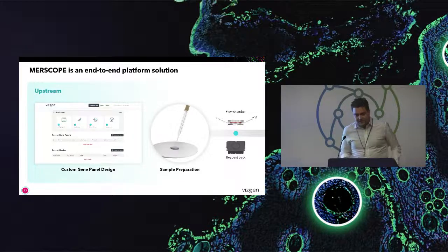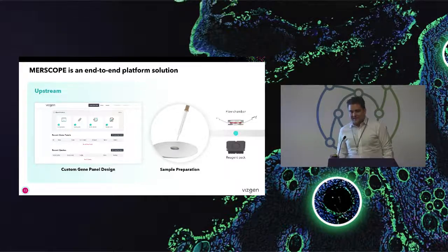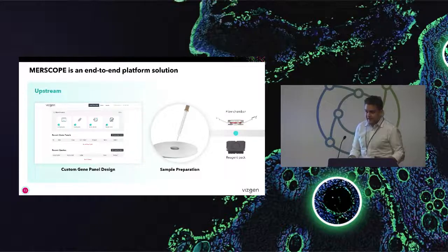So from the technology, now I'll briefly go through the workflow, or how it looks to run a sample through the MERSCOPE platform. Since each biological question has its unique set of genes that are most relevant to it, we offer entirely custom gene panels. To help with that, we have a gene panel design tool where you can put the genes that you'd like to target. It gives immediate feedback about whether those are most suitable for the MERFISH measurement, lets you refine it and finalize it to create your gene panel for your biological question, that you can then order, and Vizgen produces that in a